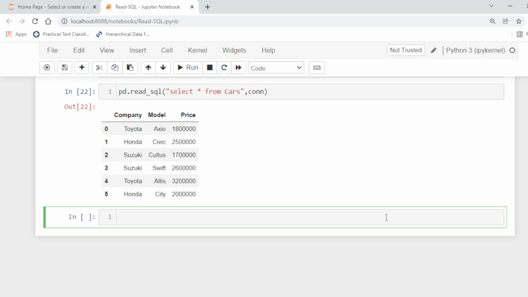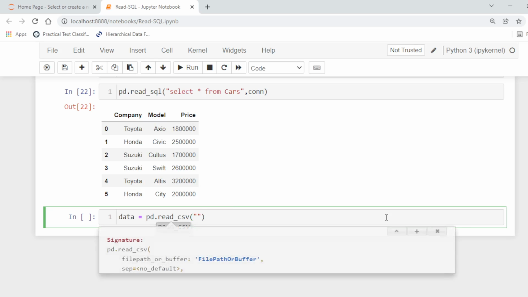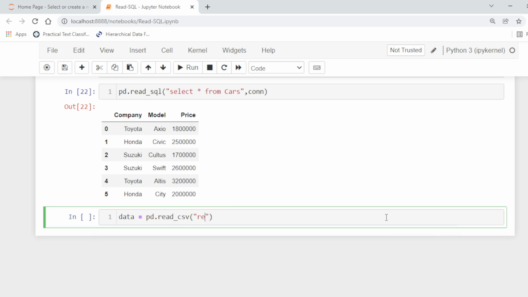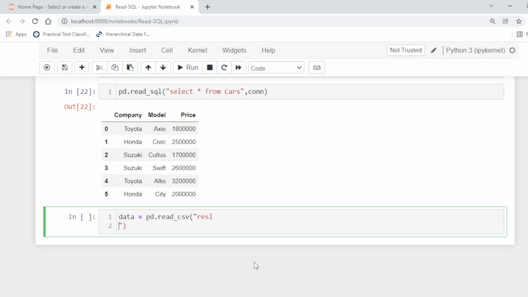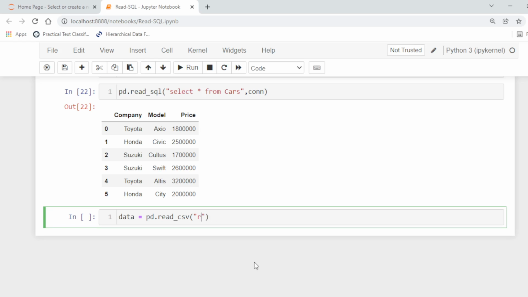If you have some other file stored in a data frame, for example, let's say we want to retrieve some file, for example a CSV file. This is, for example, our CSV file, result.